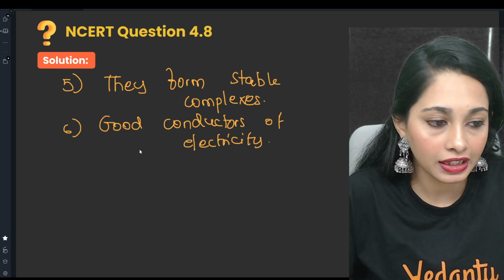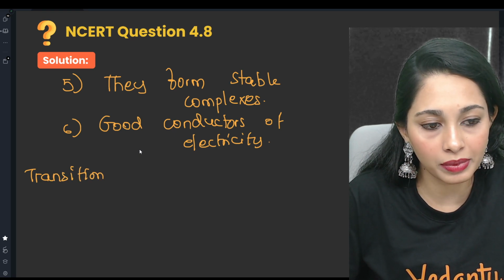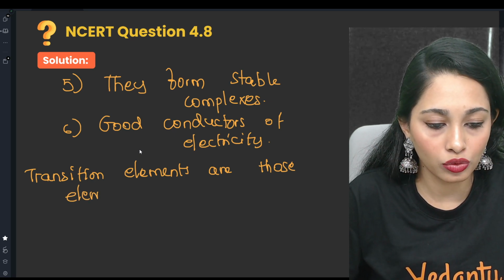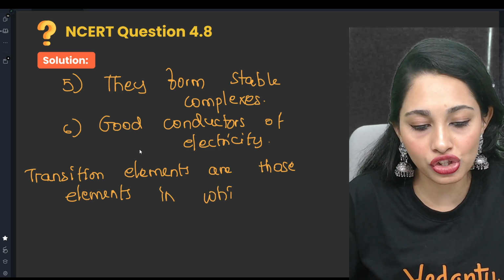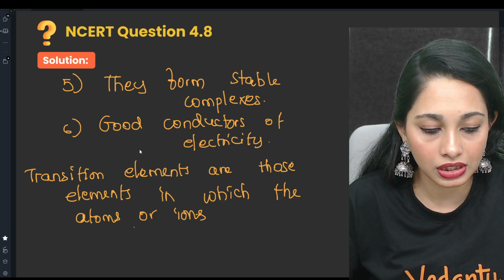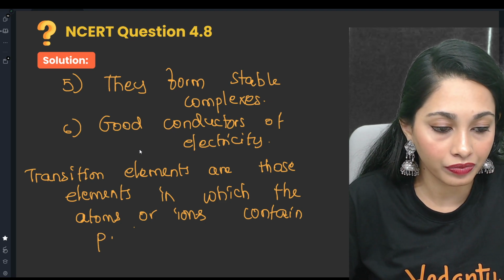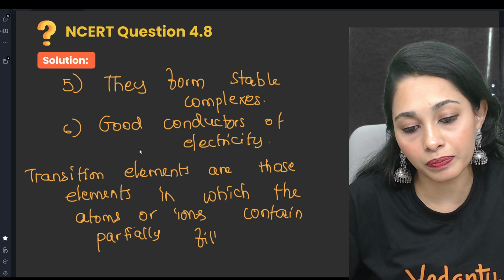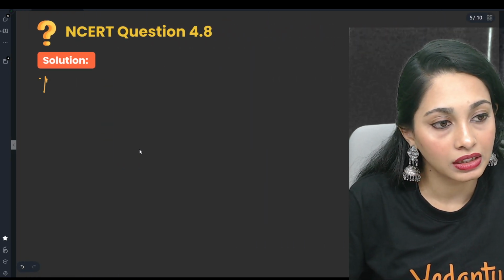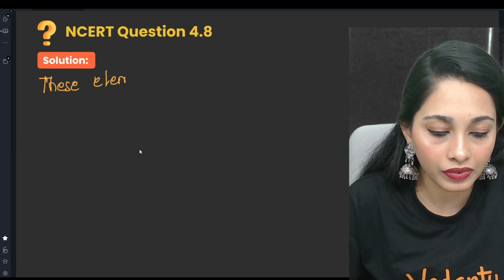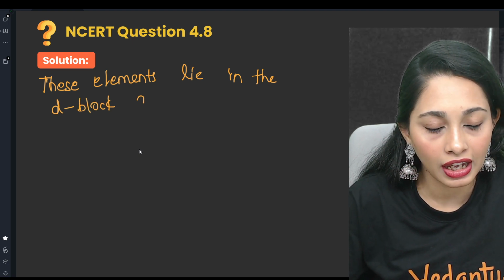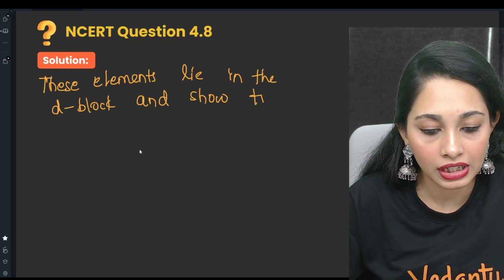So what are transition elements then? Transition elements are those elements in which the atoms or ions contain partially filled d orbital. These elements lie in the d block, and they show transition of properties